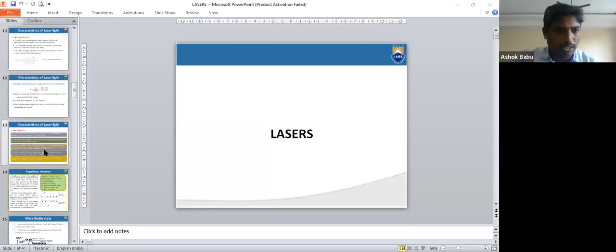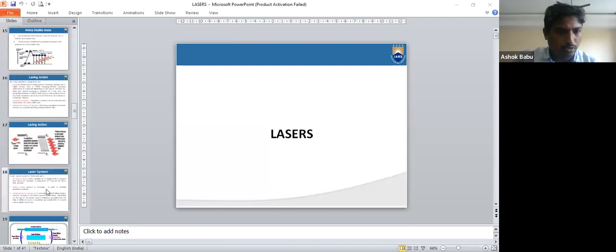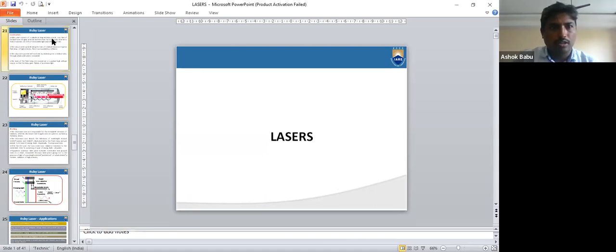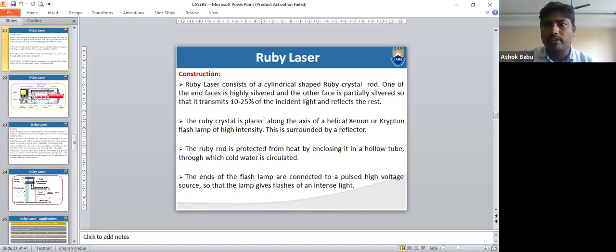Coming to the ruby laser. Ruby laser is the first invented laser, by Maiman in 1960. So before going to discuss the ruby laser,